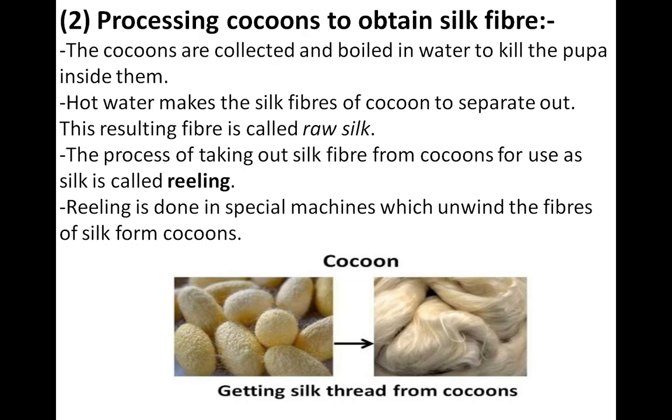And the reeling of the silk is carried out by special machines. These machines unwind the silk fibers, the threads, from the cocoon. So you can see that the cocoon is there. In this image you can see that with the help of specialized machines, we can see the threads. That thread is removed from the cocoon and then we get these silk fibers. And these silk fibers are then converted into silk threads to make different kinds of silk fabrics like silk saris, by the weavers. Understood? See how the silk fiber is converted into silk cloth.